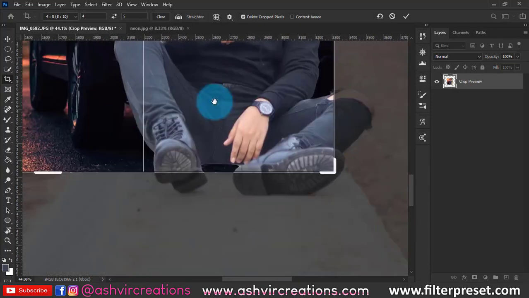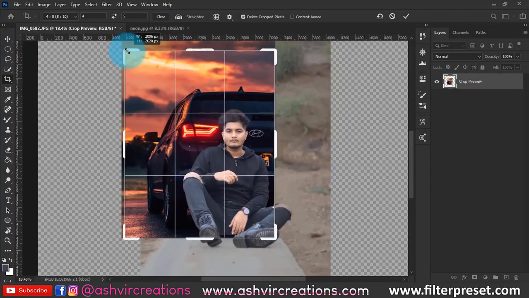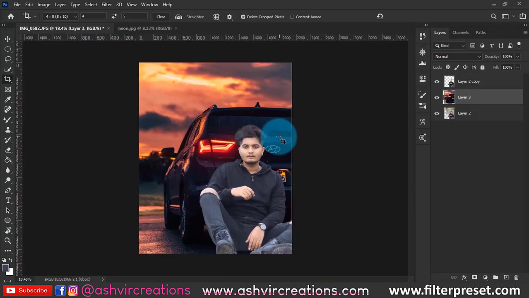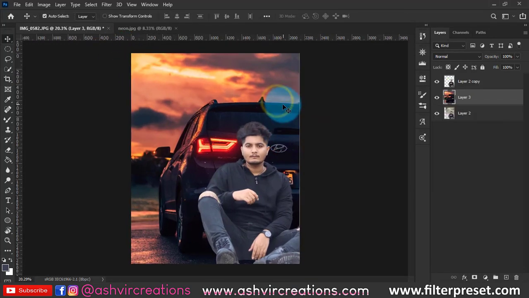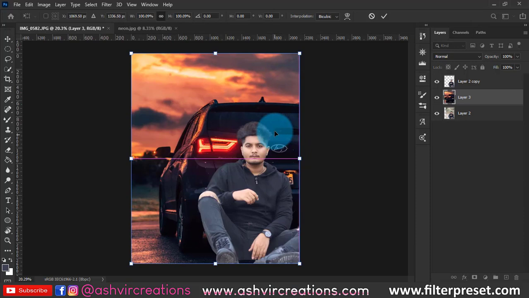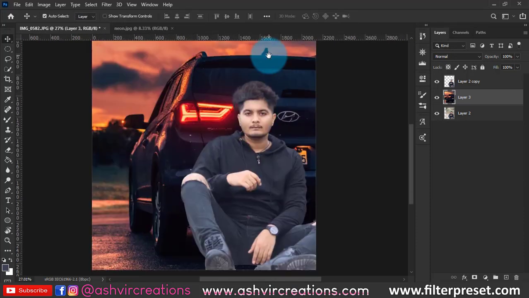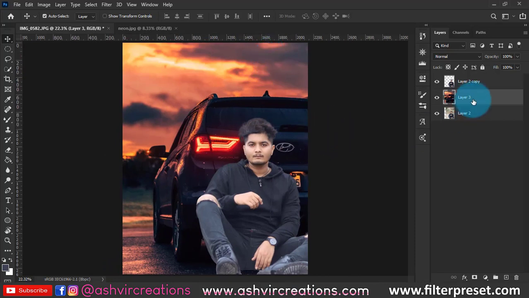So this will literally take some time, so you can take your own time and adjust the position of the model very perfectly and precisely. Now as you can see, I have done every kind of adjustment and placed it in the background. And the next thing we are going to do is create a new layer,